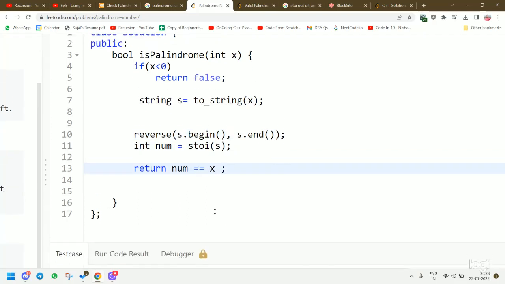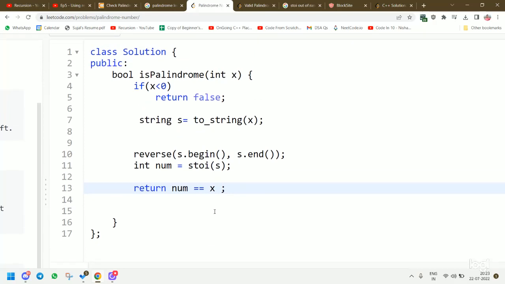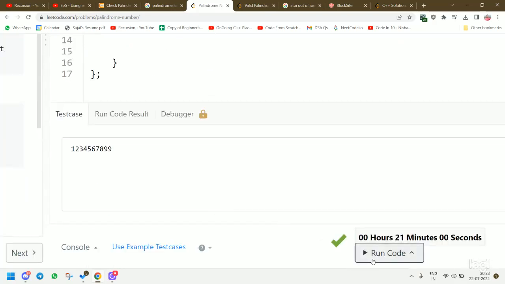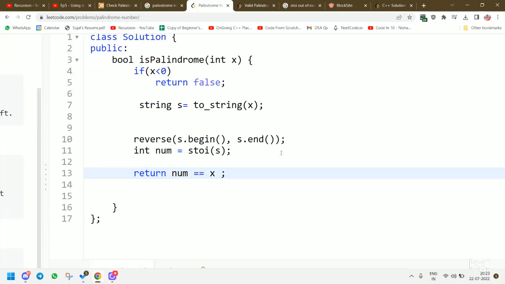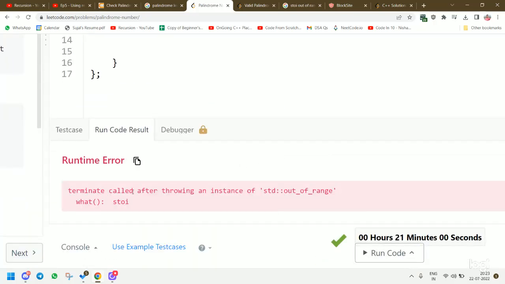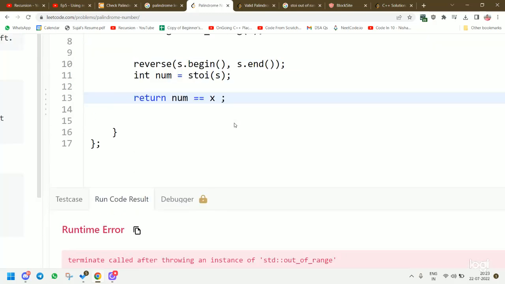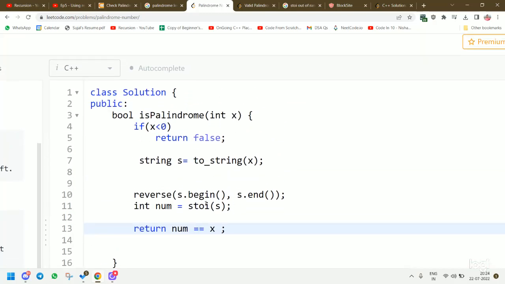So the problem I'm getting here is when I try to run the code, it shows an out of range runtime error. So what you can do is you can use another function instead of stoi, which is stol,